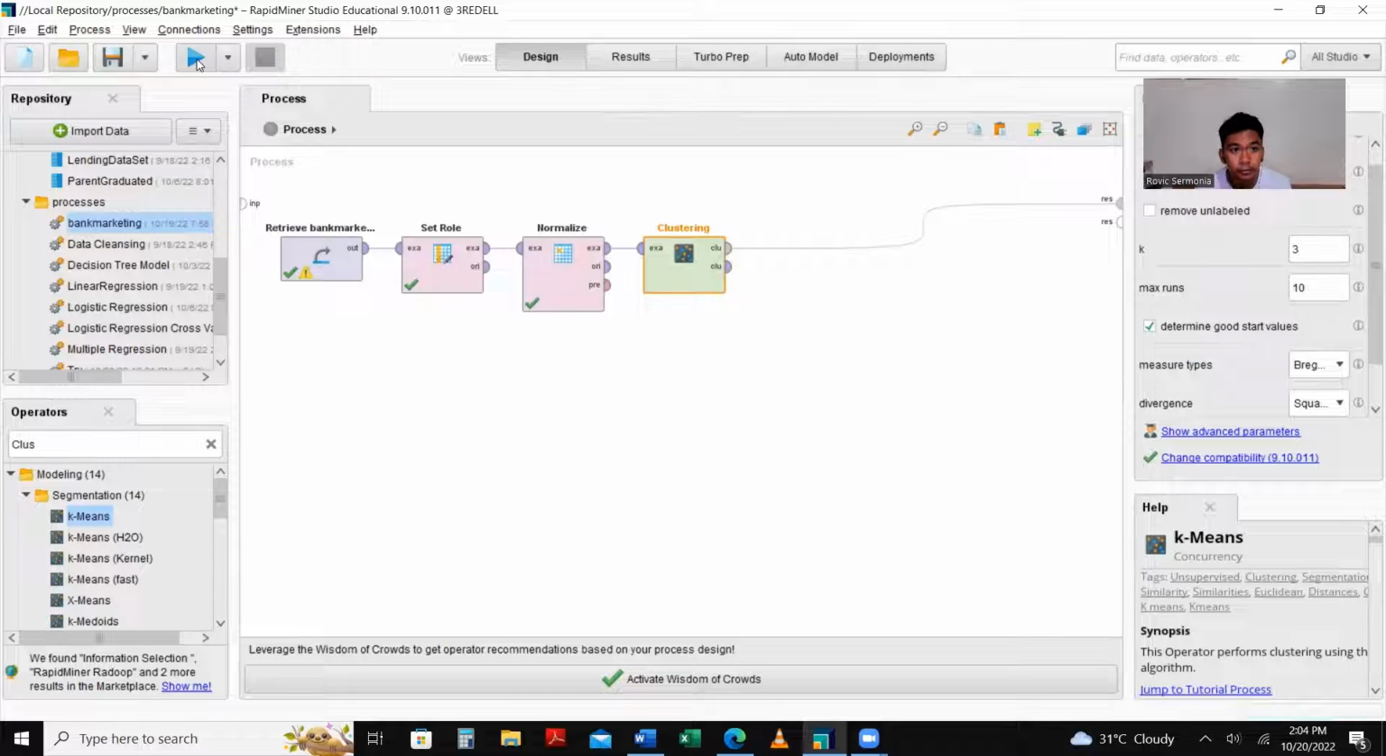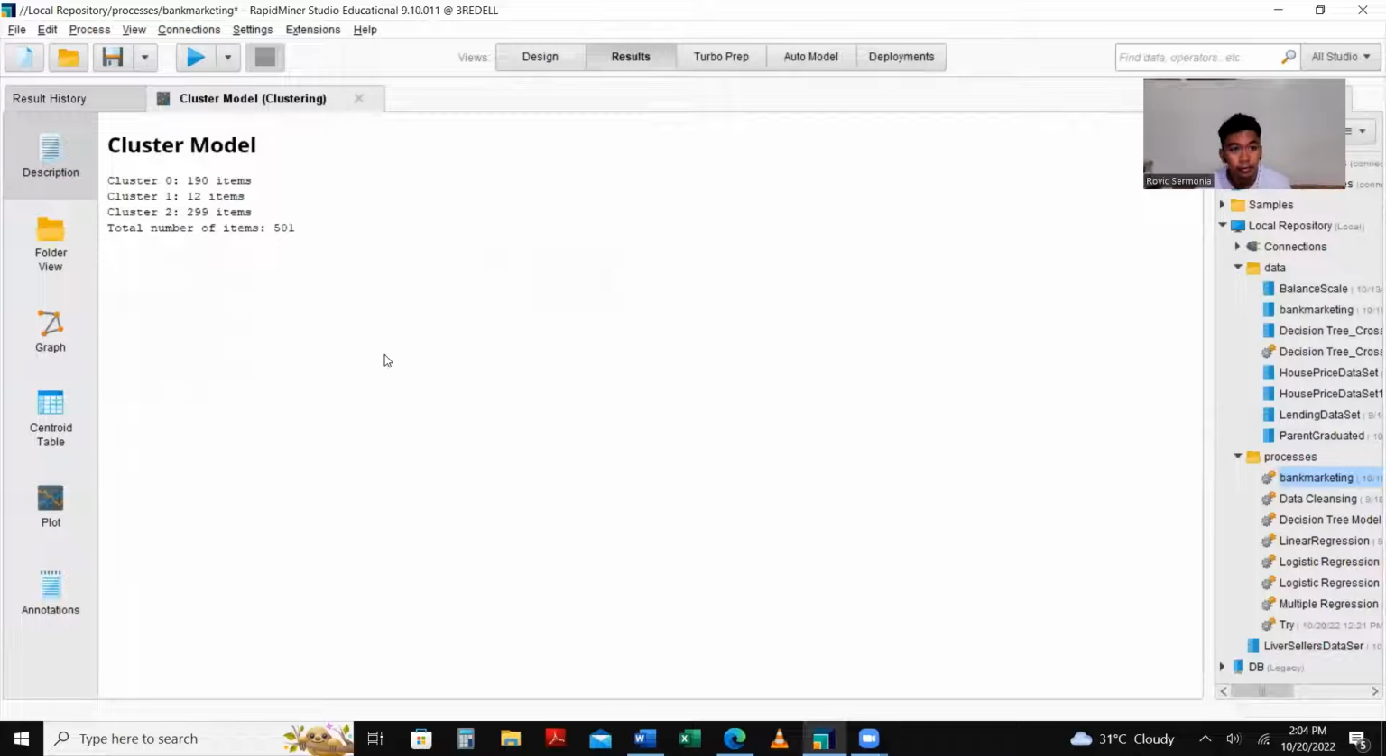Then let's hit run. Now you can see our dataset is divided into 3 clusters. Cluster 0 has 190 items. Cluster 1 has 12 items, and cluster 2 has 299 items, with a total of 501. Now, if you want to check where the dataset belongs to in the clusters,